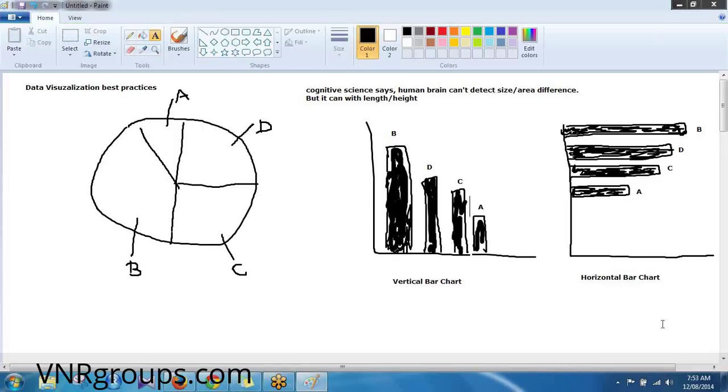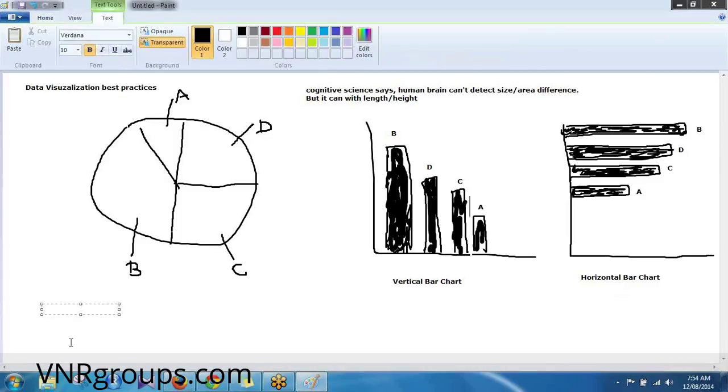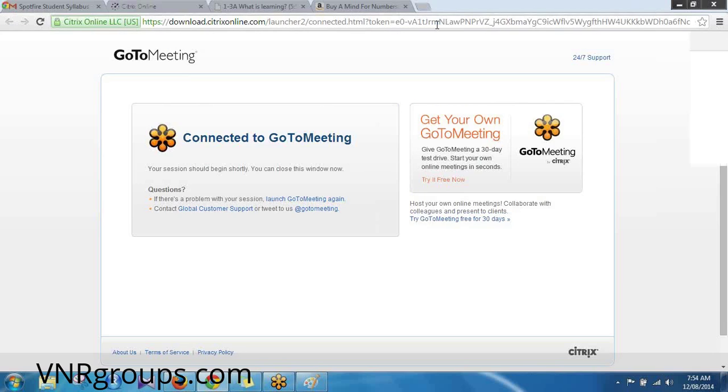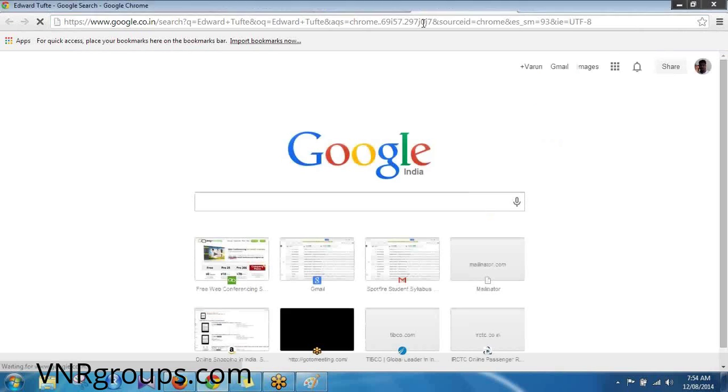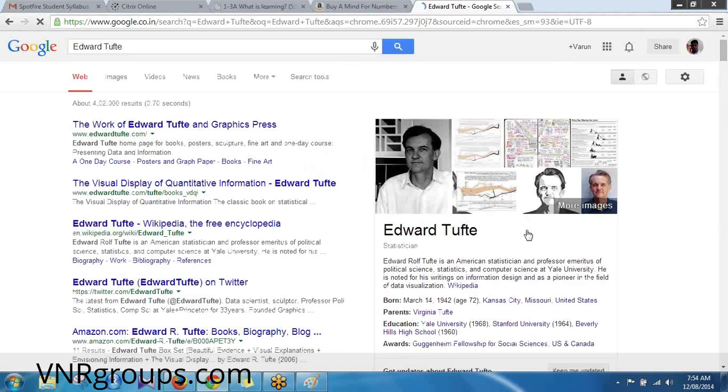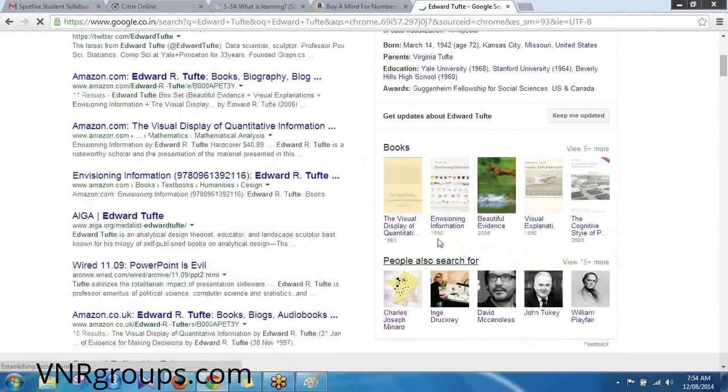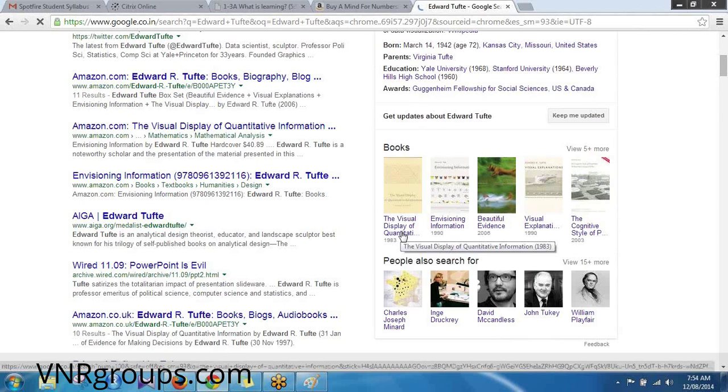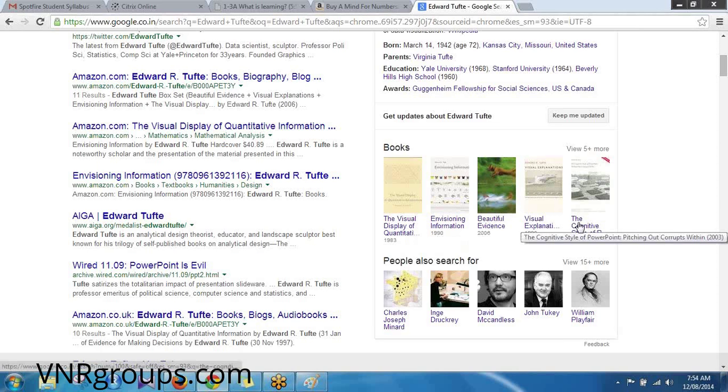Okay, these things have been laid out by the statistician named Edward Tufte, and he has written some nice books on data visualization. See that? The Visual Display of Quantitative Information, which was written in 1983, Envisioning Information, Beautiful Evidence, Visual Explanations, then something about